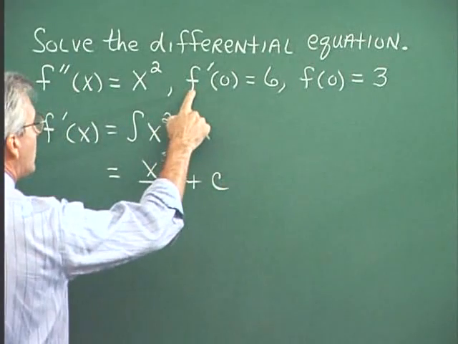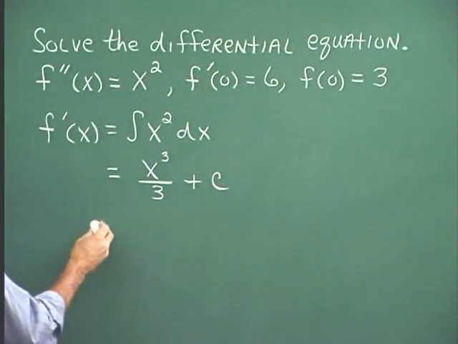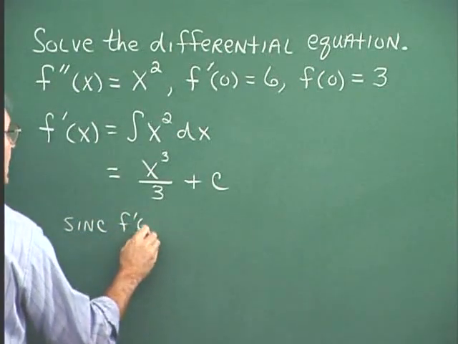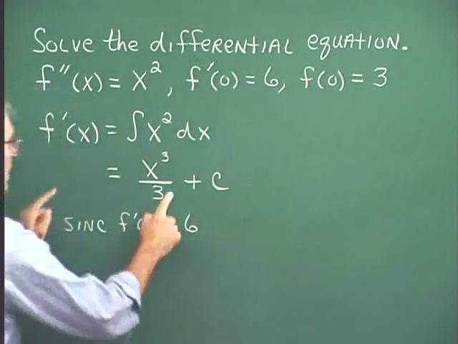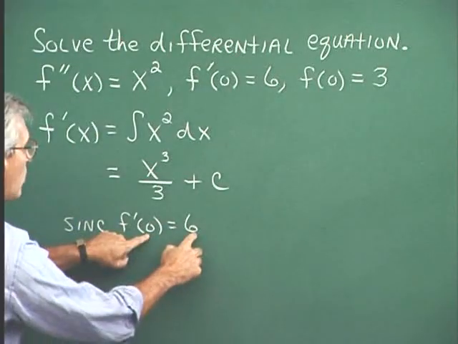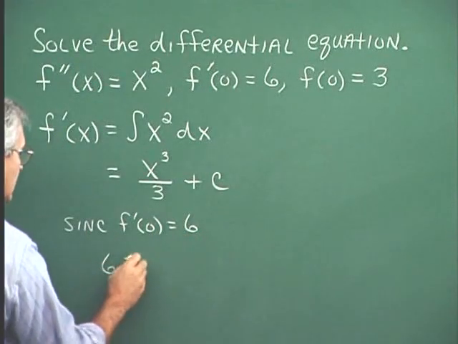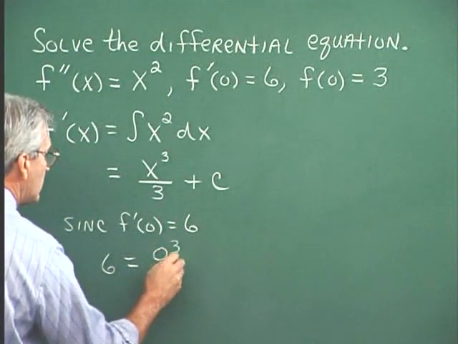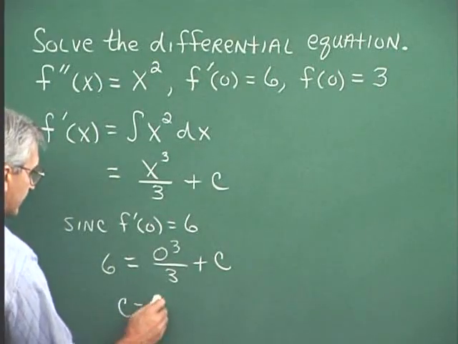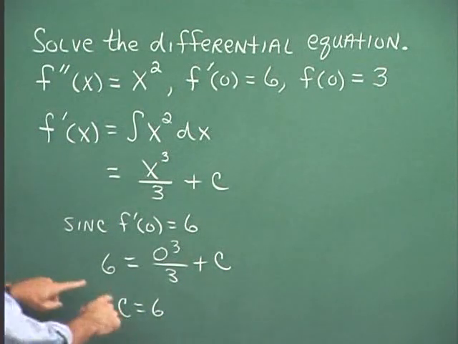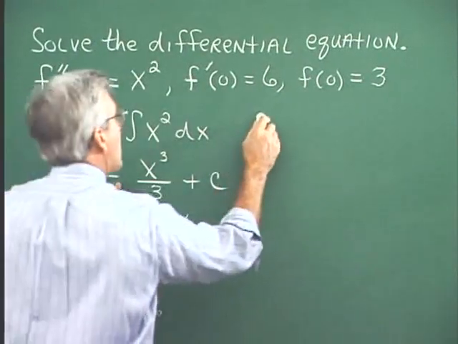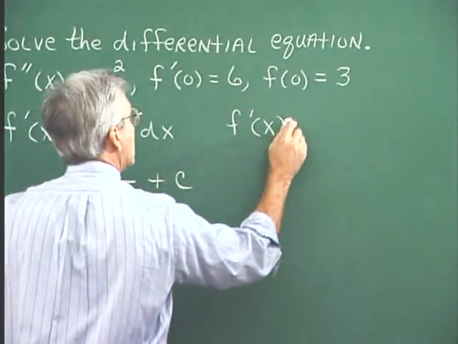And since we know that f prime of 0 is 6, the x is 0 and y is 6. So 6 equals 0 cubed over 3 plus c, so c is 6. That means in this expression we have c of 6. So f prime of x is